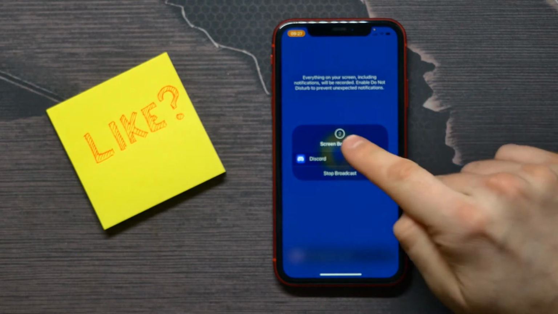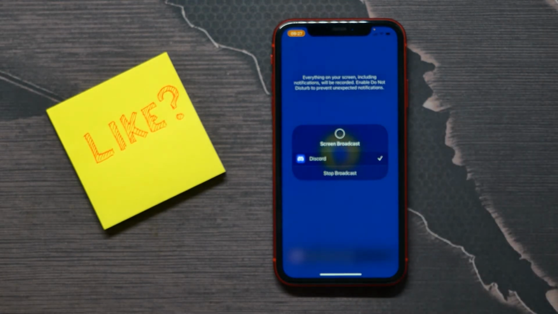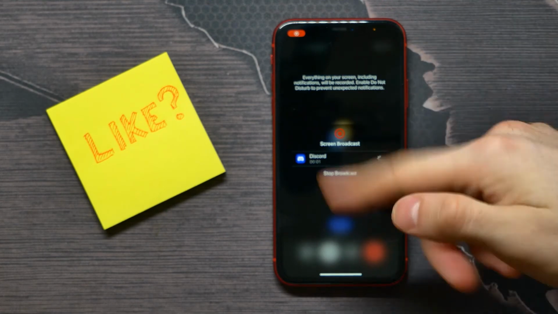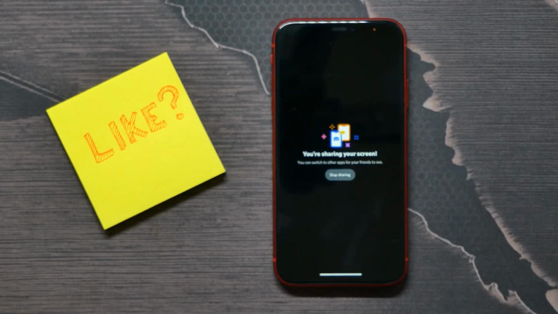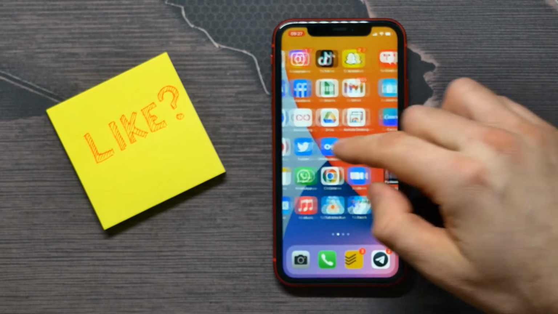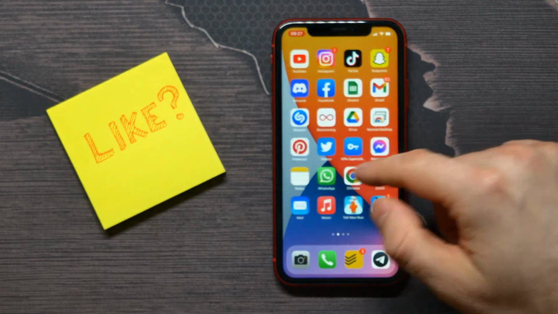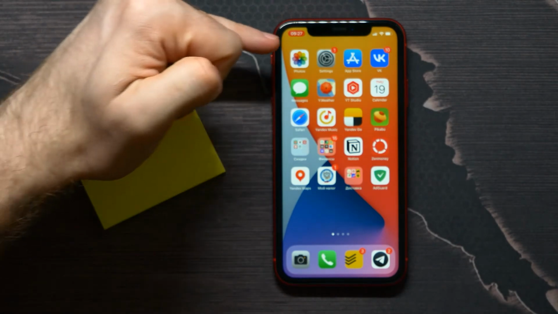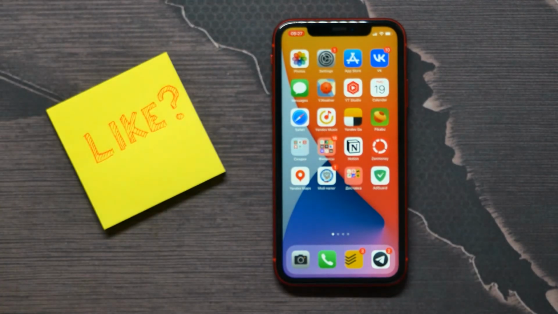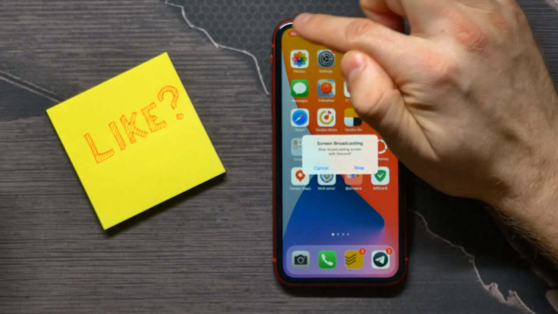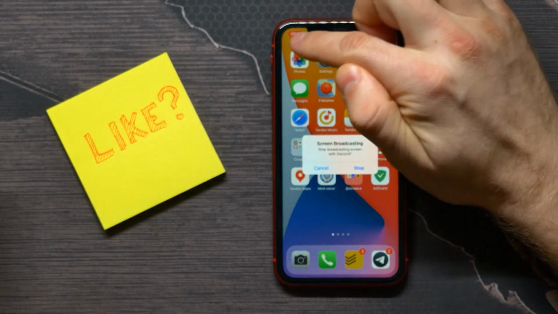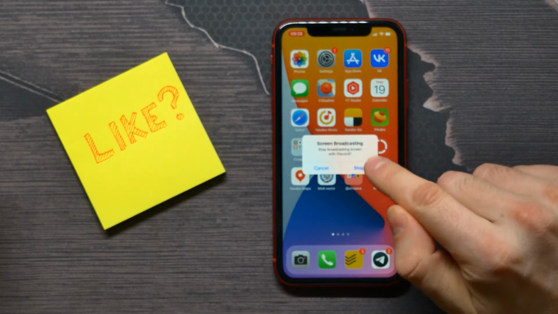Start broadcast, wait for 3 seconds, and now all that happens on your screen is shared to Discord. You can hop out of Discord, you can use your phone as you normally would, and you see that screen sharing is now active. To disable screen sharing, go back or just tap here at the time and stop screen broadcasting,